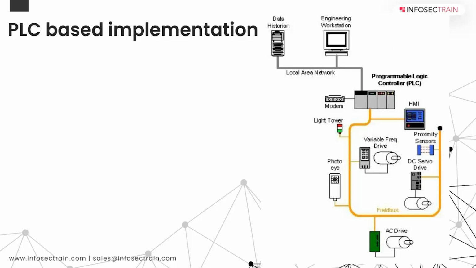So this simple architecture shows a simple manufacturing process being performed by a PLC over a field network. And this PLC is accessible via an engineering workstation for programming changes and so on. Right? Like if there are different products being produced in this assembly, then the settings might need to be changed, and that can only be done by an engineering workstation. So this engineering workstation normally doesn't have any access to other networks. It can be accessed only on site, but yes, it can be configured to be accessible remotely, but normally for an engineering workstation it is avoided.